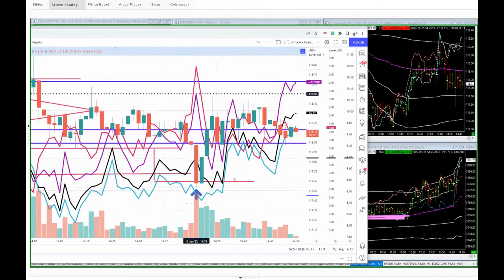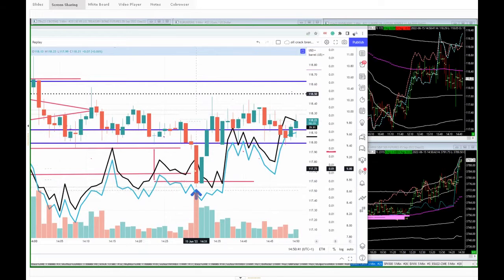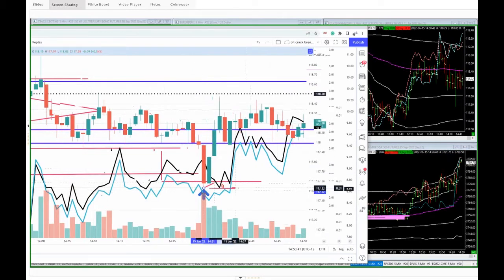When you look at the black line and the blue line in isolation, I'll take these other two off for a second. When you look at the black and the blue line in isolation, it very rarely goes in the opposite direction. And especially when it goes in the opposite direction at these kind of price areas here, you think to yourself, my God, that is brilliant. That really is a brilliant opportunity to make a lot of money.